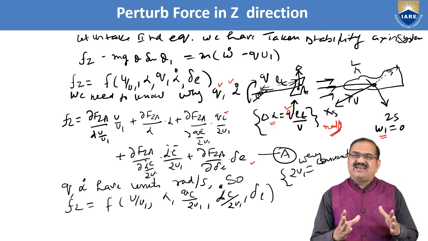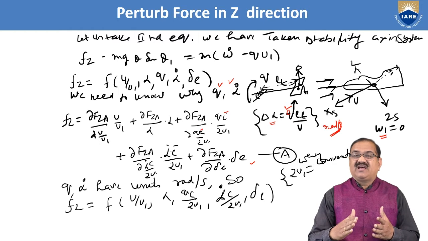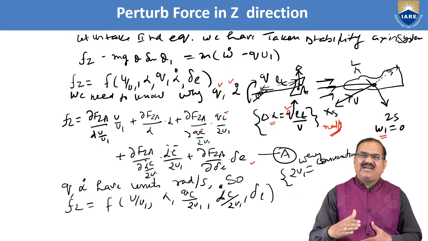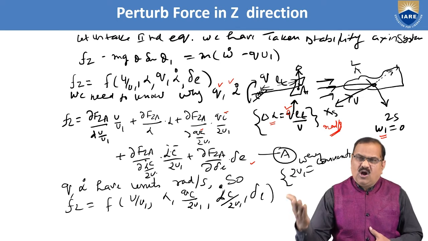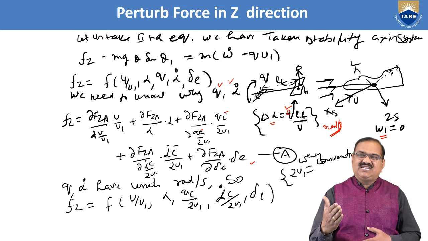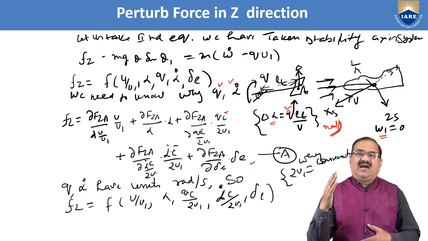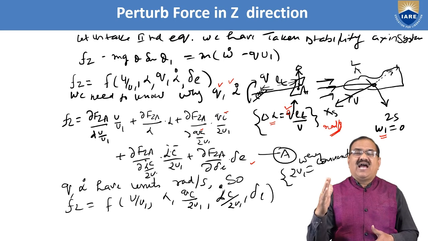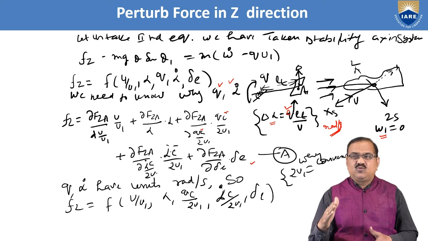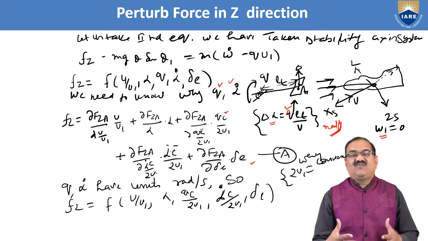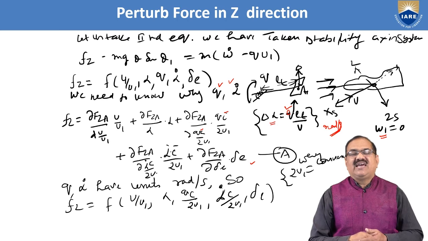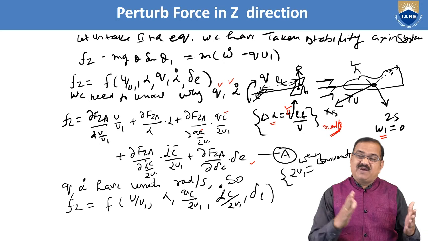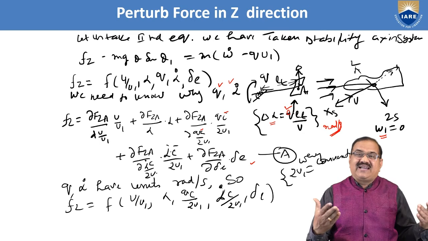So if we take all quantities like lift as a coefficient of lift, drag as a coefficient of drag, pitching moment as a pitching moment coefficient, and in the same way the velocity U by U1, the alpha, and the Q as QC by 2U1 and alpha dot as alpha dot C by 2U1, this will match with the bigger or the large size aircraft. So this is the advantage, and this will be useful for experimental analysis, and it is called the dynamic analysis